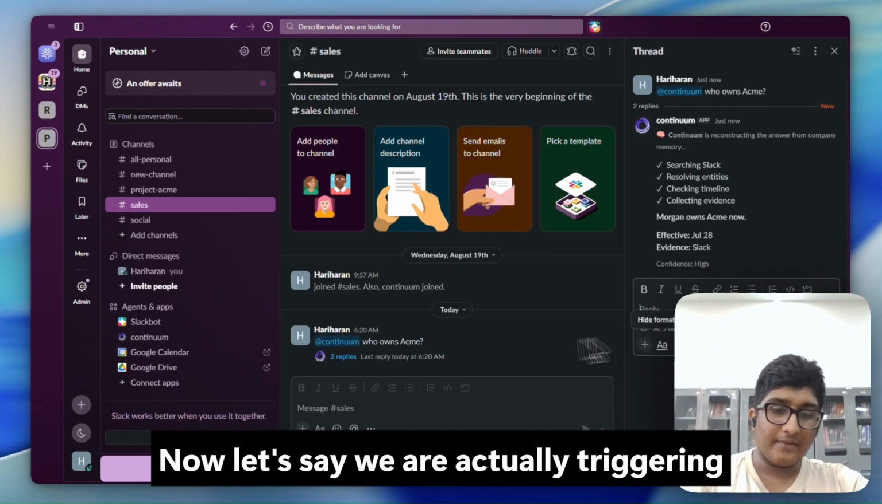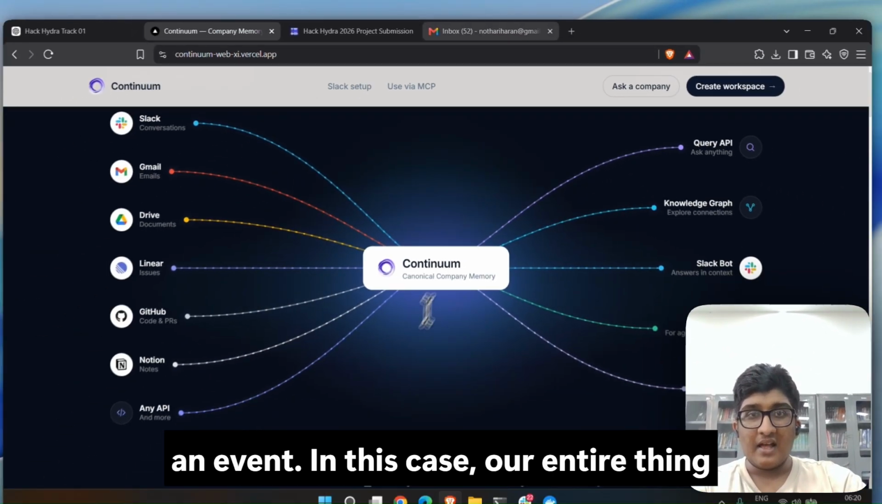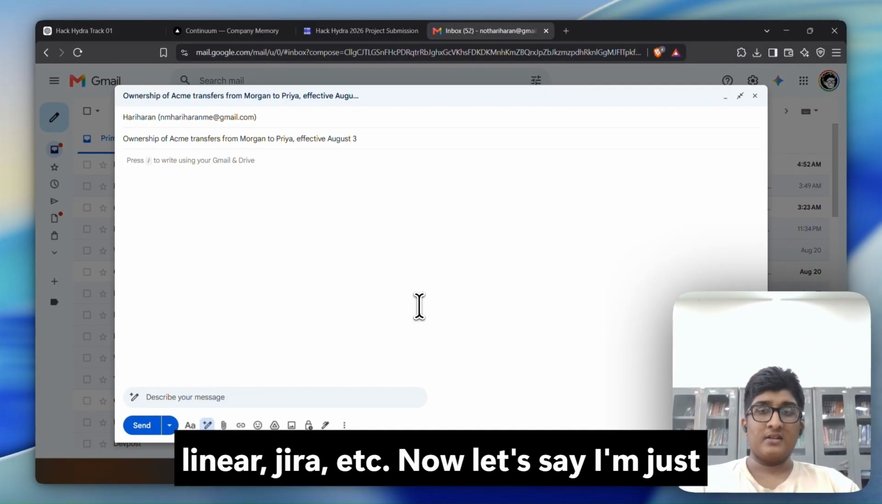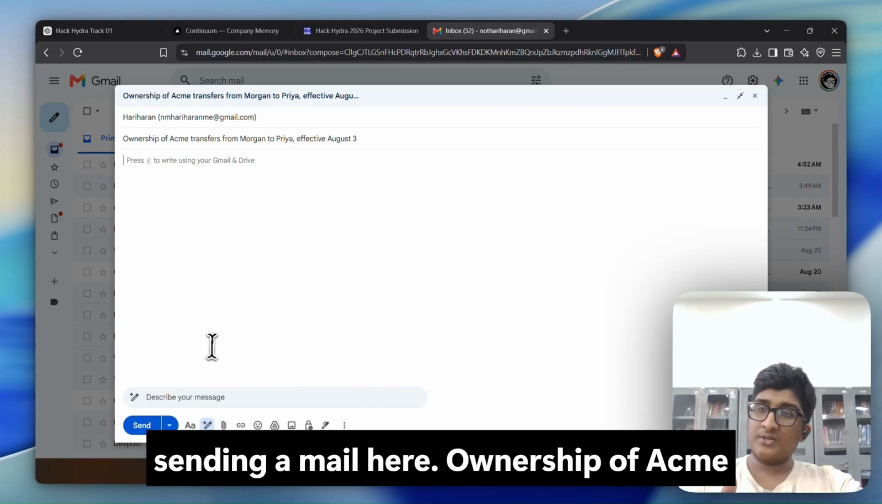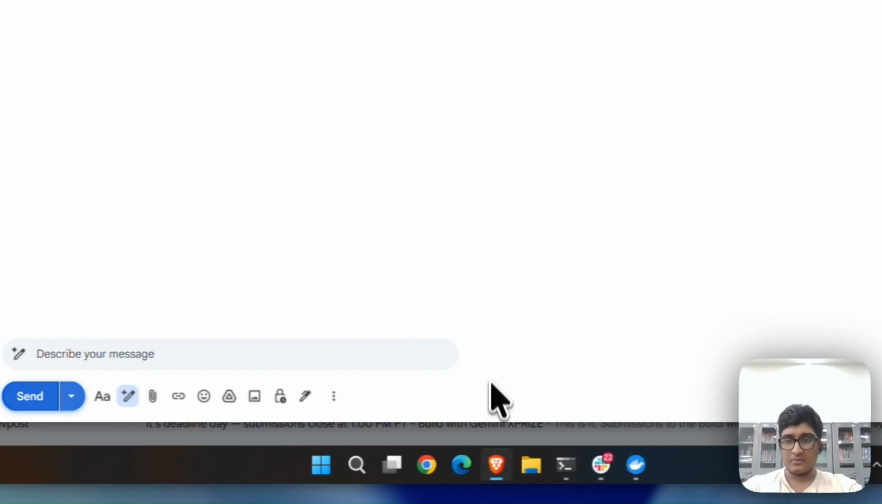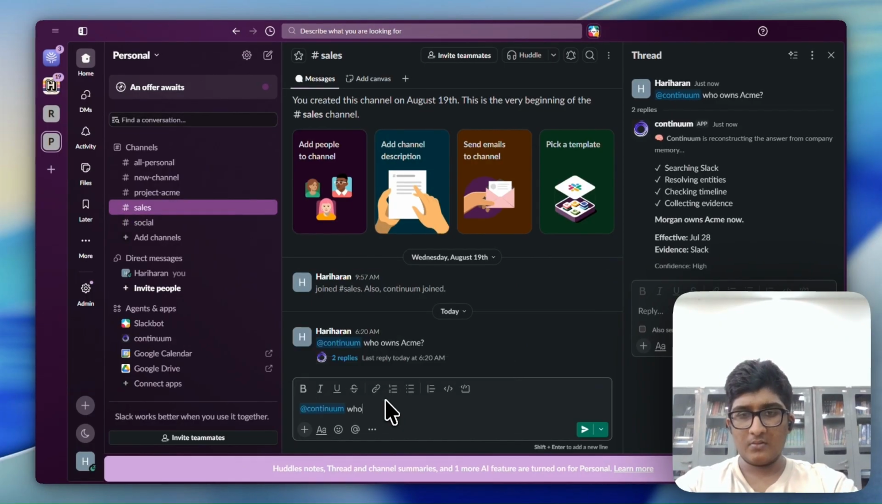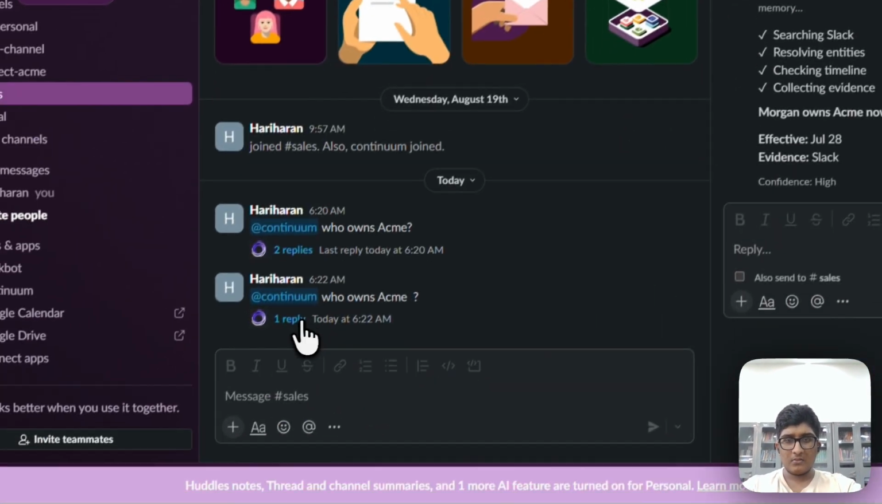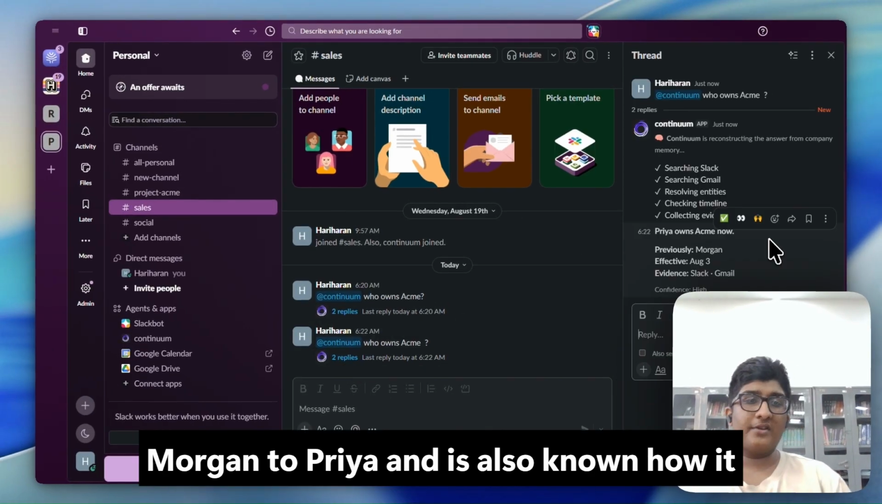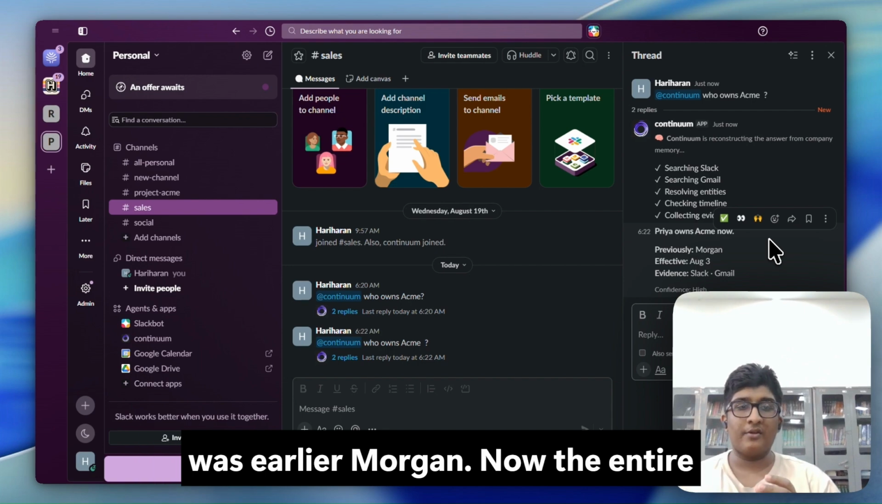Now, let's say we are actually triggering an event. In this case, our entire thing is integrated with lots of connectors: Linear, Jira, etc. Let's say I'm just sending a mail here. Ownership of ACME transfers from Morgan to Priya, effective from August 3rd. Now, as you can see here, it changed from Morgan to Priya, and it also knows how it was earlier